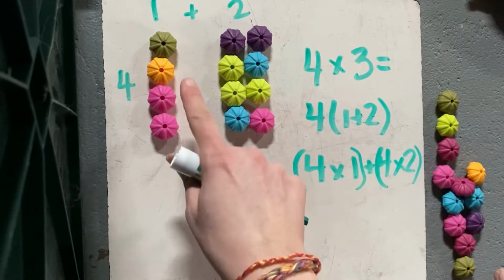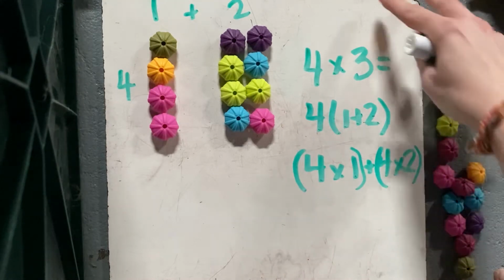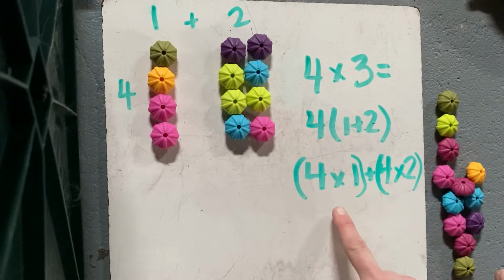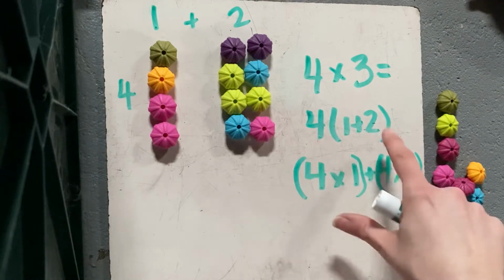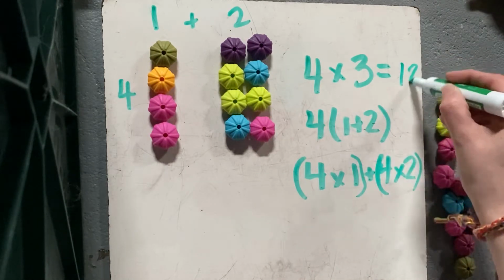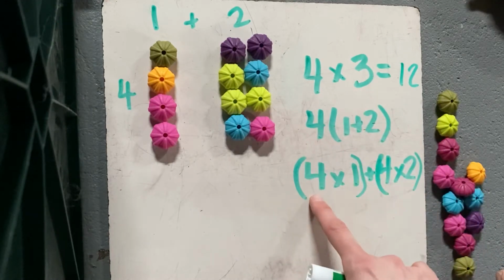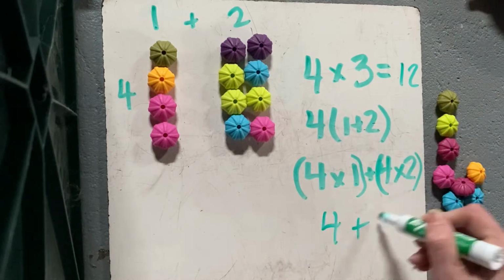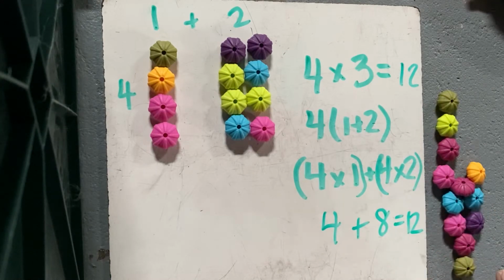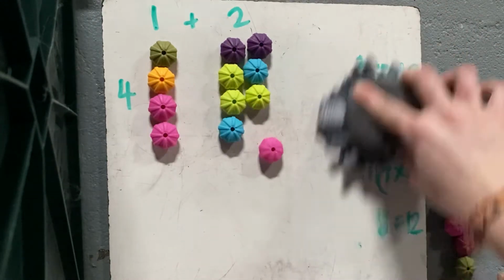So it's basically just splitting those two up. And I know it seems a little unnecessary because of the numbers, but when it comes to algebra, this is an important concept to understand. So it's still 12, no matter how you look at it. If you're doing 1 plus 2 times 4, or 4 times 1, which is 4, plus 4 times 2, which is 8, you're still getting that 12. So if I erase that and do a different one,